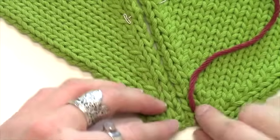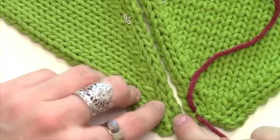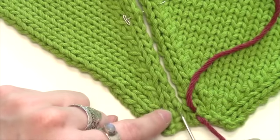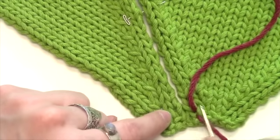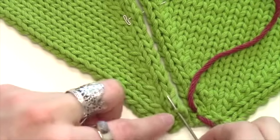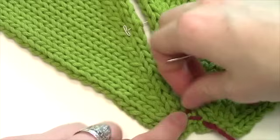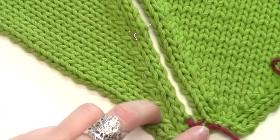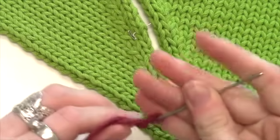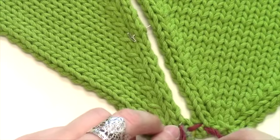Then you want to go to the piece you're seaming and again go one stitch in, and using the opposite of where you just put your needle, do the same thing on the other side and pull through. And you can keep it kind of loose at the beginning and then pull your seaming yarn tight as you go along. So now go back to the opposite side,